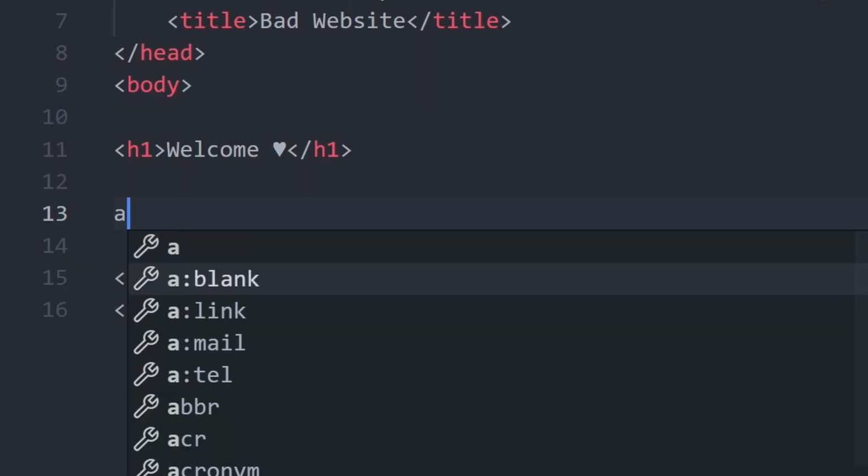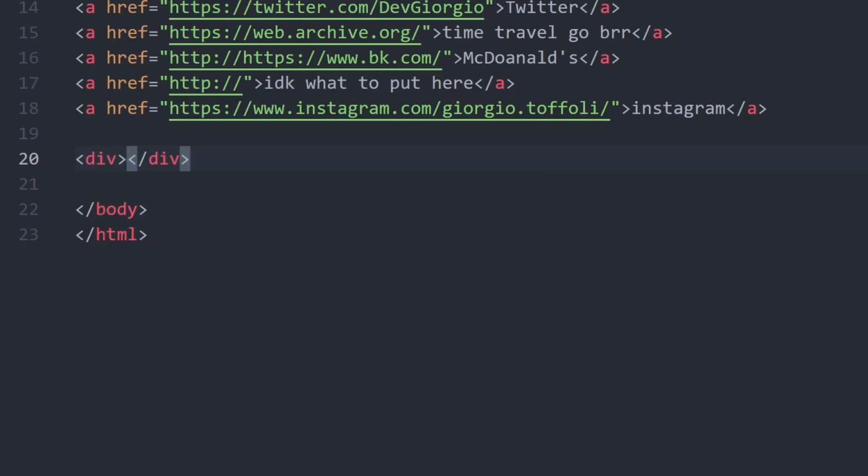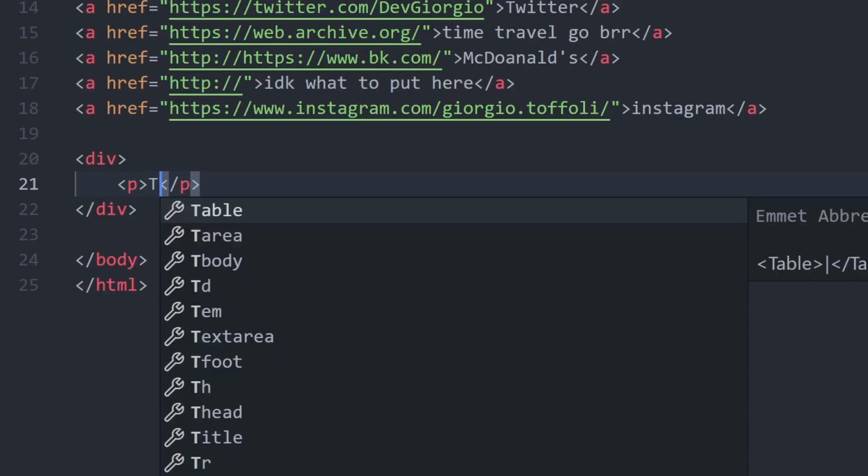Now, to make the website bad, we've got to make it pointless. So I'm just gonna be adding some links and random stuff like that. I'm also thinking of adding a nice div element to later turn it into a box. You know, just for filler. Let's add our images. I'll also be adding a warning screen as I think this website deserves it.